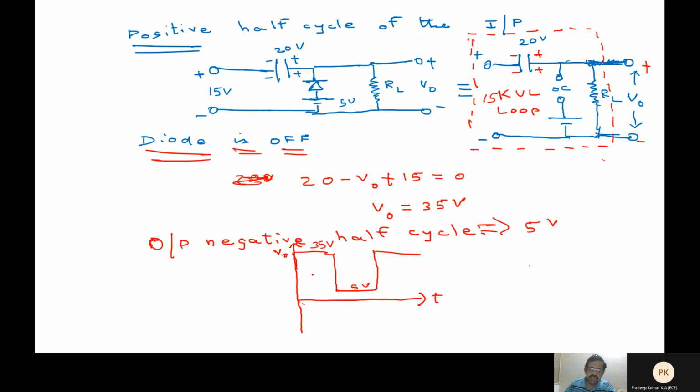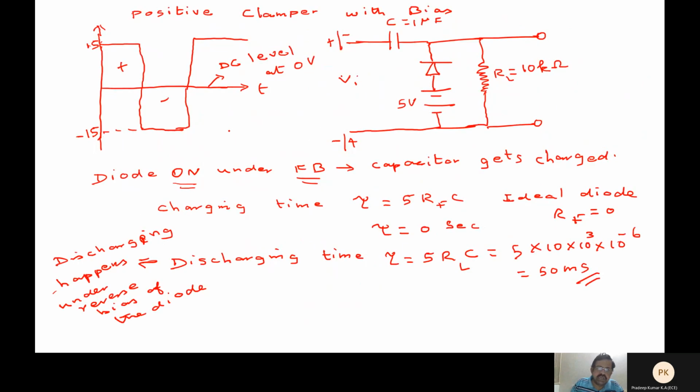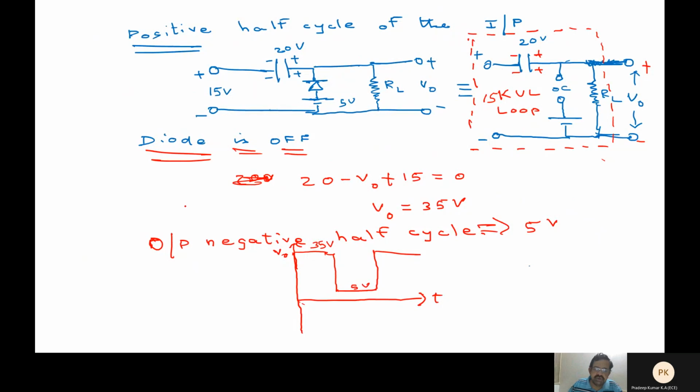Sanity check. What is the DC level? The DC level is actually, if you look at the input signal here, in the positive cycle, this is 15 volt. The DC level here is 0. 15 volt is the difference between the DC level and this in the positive half cycle. So here same thing, you have to take the 35 to 15 volt, I decrease, so it becomes 20 volt. So 20 volt will be somewhere here. So this will be the line, that is DC level at 20 volt.